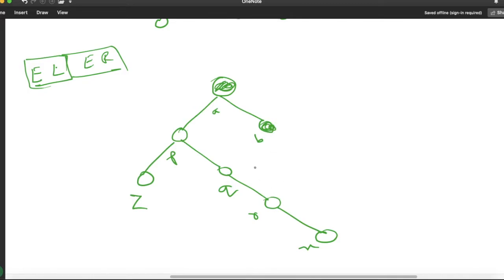We won't be able to see this node, because if you see from here, this node will be hidden behind this node. This node will be hidden behind this node. We will be able to see this node, this one in the left side, and this one. Means we are able to see Z, P, A, B and X. This should be my output, correct?